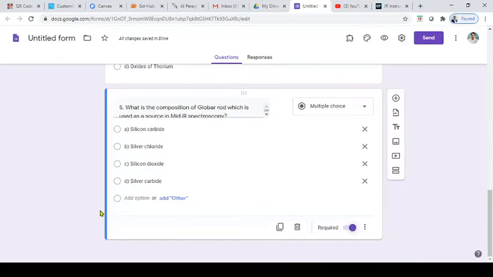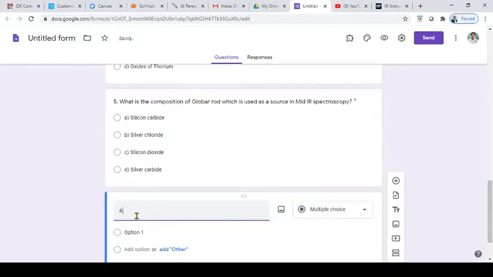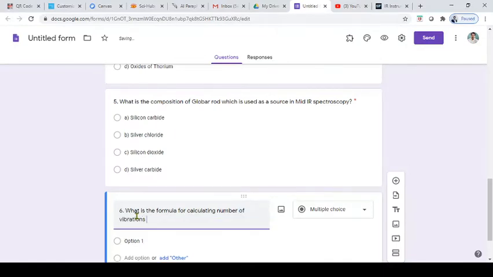These are the five questions that I have previously added, or otherwise you can add one more question here, a sixth question, like this. What is the formula for calculating the number of vibrations for a linear molecule?